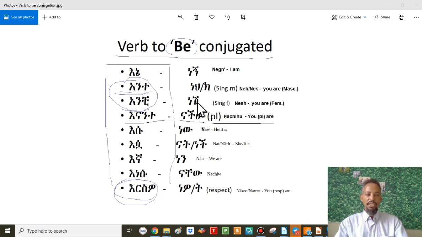And the "she" again is with anchi, with the feminine you. Anchi, nesh, metash, belash, tetash, hedesh. All verbs finish with "she". When I say all verbs, there could be exceptions. I can't guarantee, because languages are full of exceptions. There is no one rule which can work across all